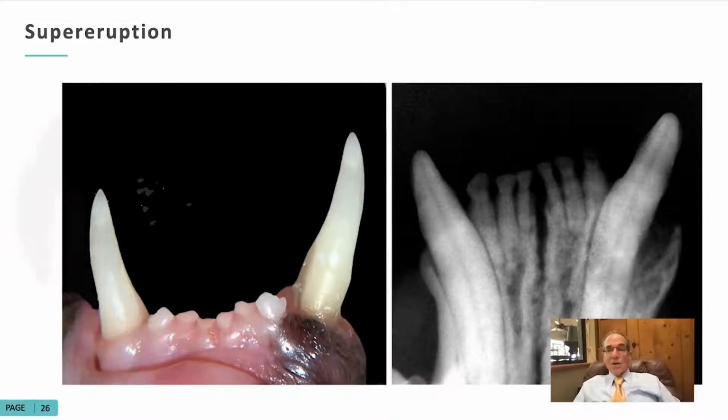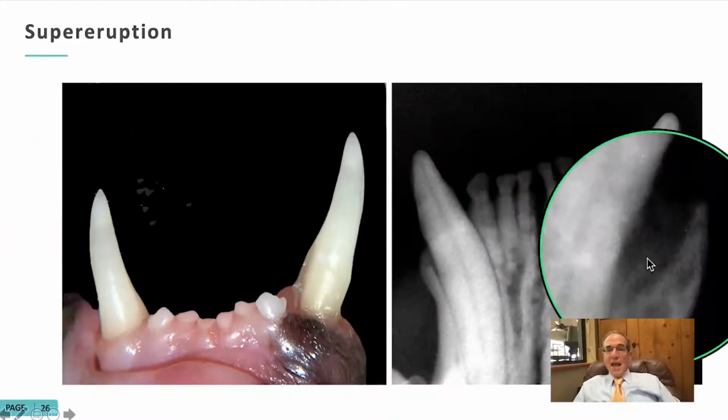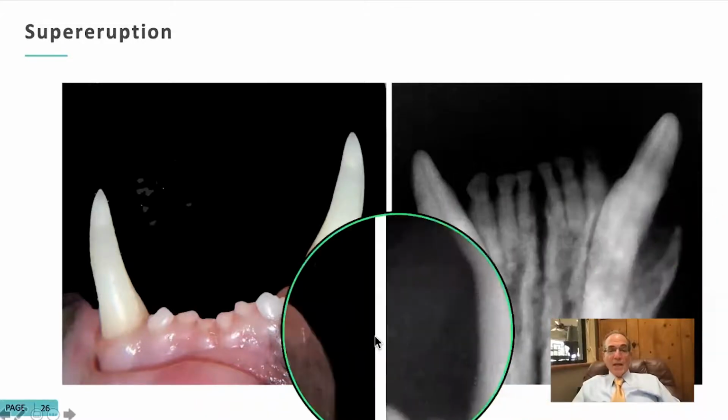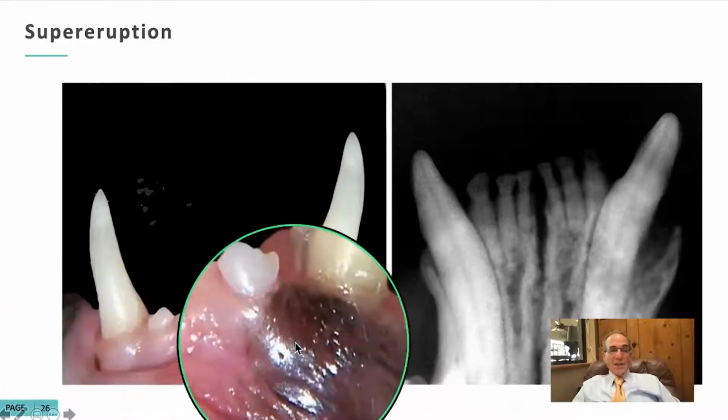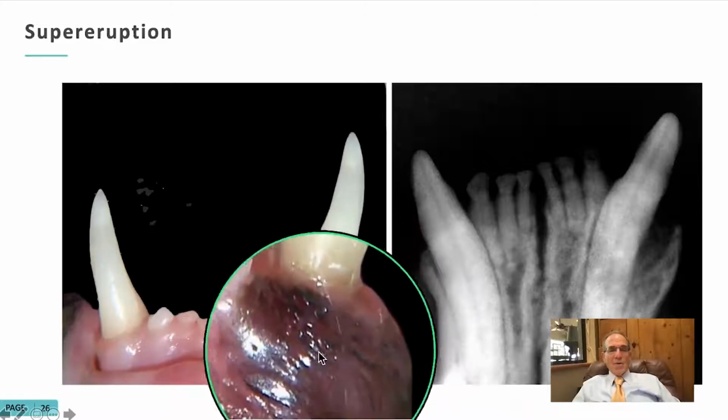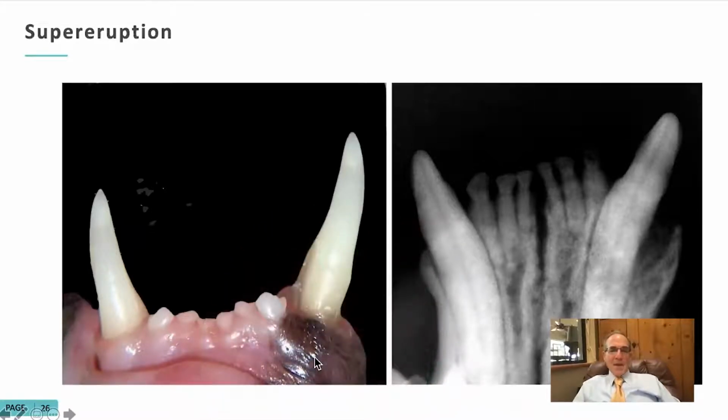You take a radiograph, it's always due to periodontal disease, and you can see the food and debris just get in this area, and if left alone long enough, the tooth would be exfoliated, but the poor cat has to suffer while that's happening. And also look at the degree of swelling. This is normal over here, and you can see just how abnormal this area is. It's all swollen, and the periodontal probe would go virtually down to the bottom. So to help the cat out, it's a lot easier just taking out that tooth.